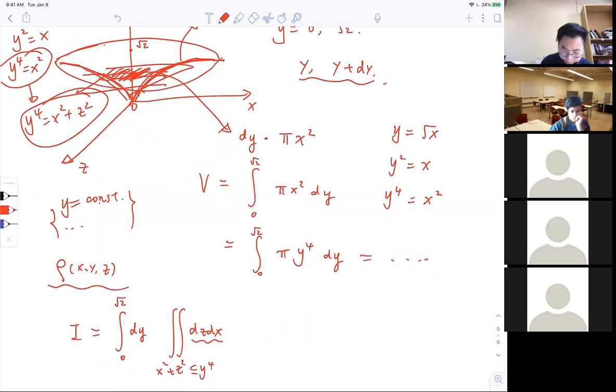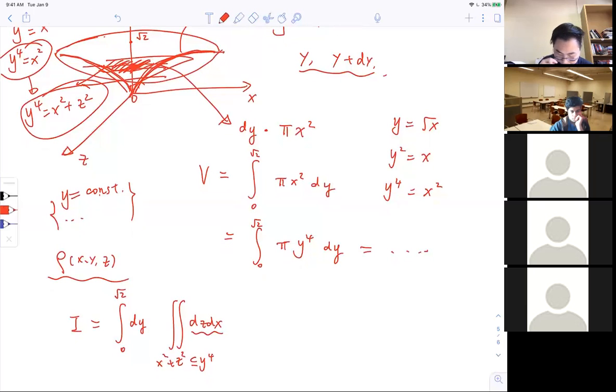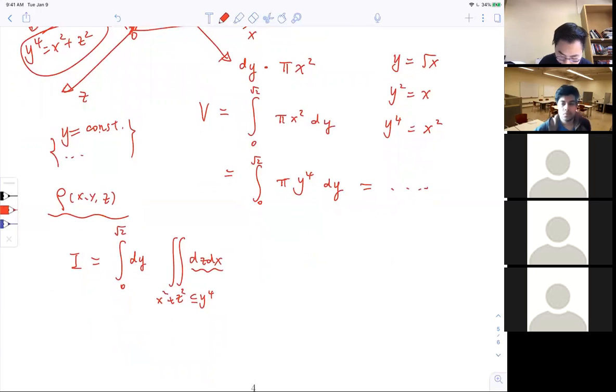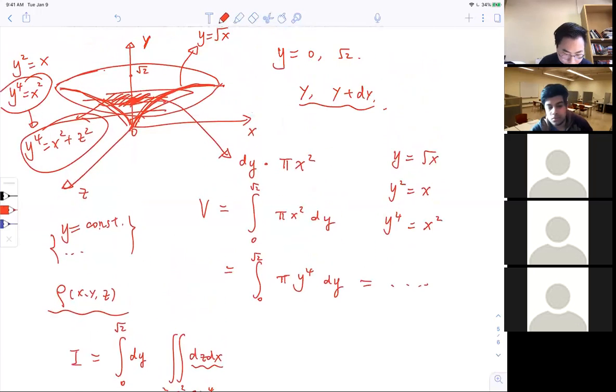May I ask how? Okay, so because I use the cylindrical coordinate, I don't have to deal with the z. I'm dealing with the most general case, right? Yeah, but how did you add up the z squared? Okay, so